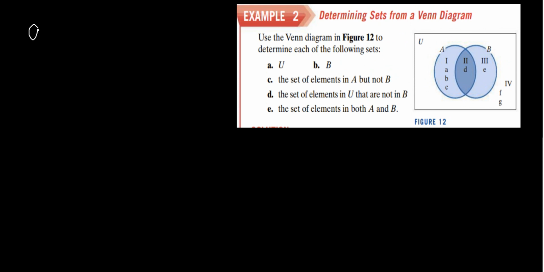A, use a Venn diagram in figure 12 to determine each of the following sets. The universal set. Okay, so the universal set is literally everything. But keep in mind that we're not going to include capital A and capital B, and I'm pretty sure we don't include 1, 2, 3, 4 either, because that is from the